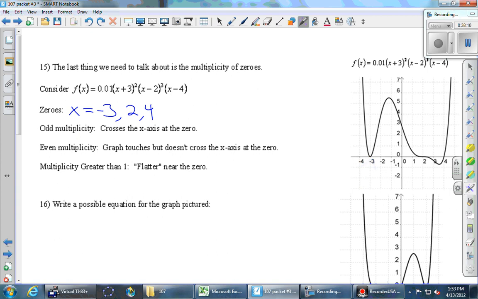The last thing is there is certainly a difference between how we go through at 2 and how we go through at 4. The only way to go straight through is if you have a power of 1 up there. The only way the thing is just going to go straight through like it doesn't care is if it is to the first power. It's like a linear thing. But if it is to anything bigger than 1, for example, 3 or 5 or 7 or 9, it is going to look like this kind of thing where it slows down, ready to turn around, but I'm odd. I will keep going through. Matt. What if it likes